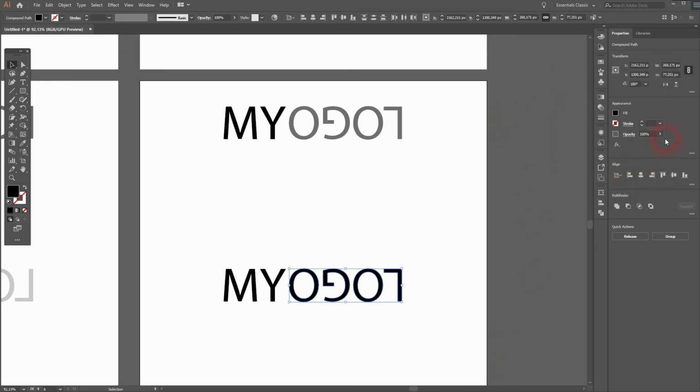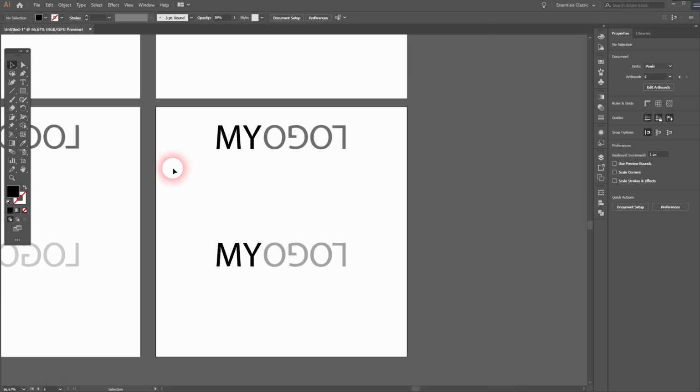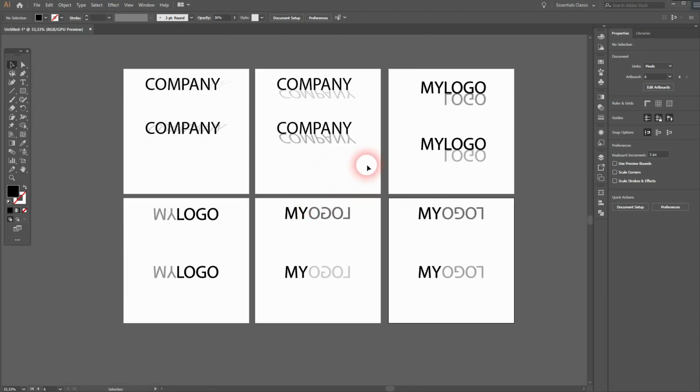So the ideas at the bottom that I've shown you, they work well when you've got two components of the logo name or the company name. In the first two examples, we've got only one word, "company", afterwards "my" and "logo". And when you've got this separation, so two words within one word mark, it makes sense to explore these ideas. And you can create lots of logo